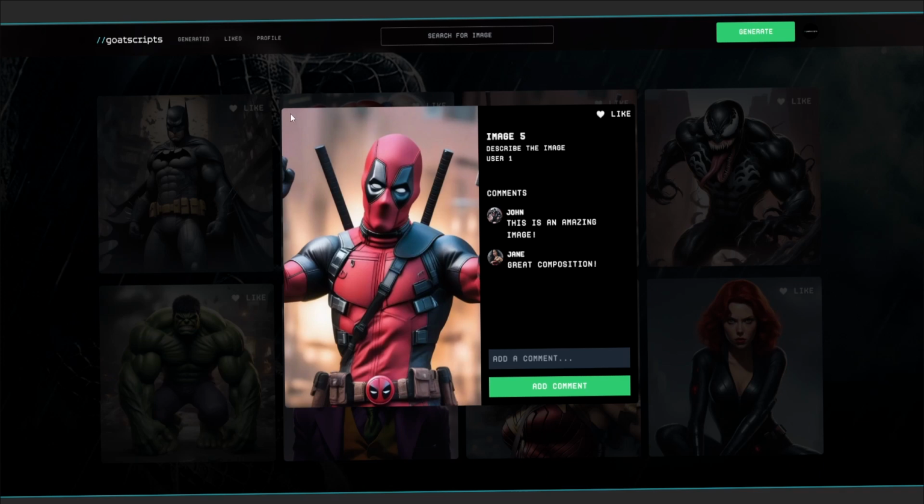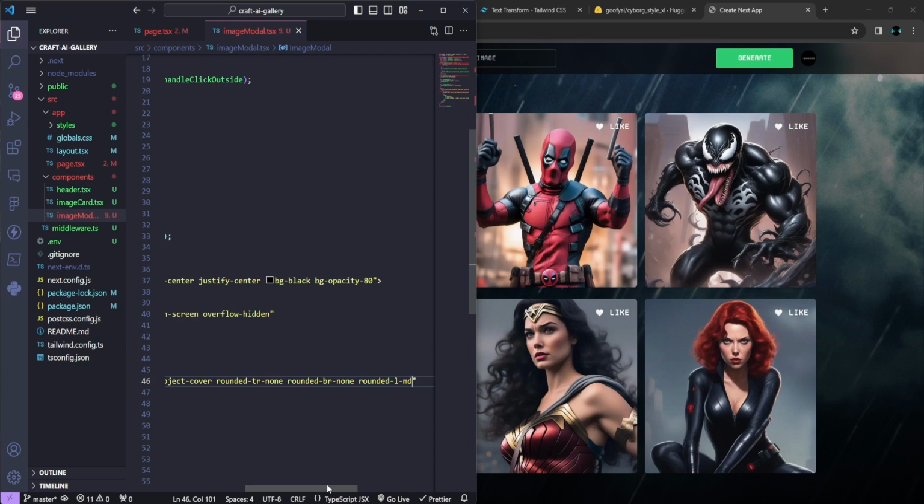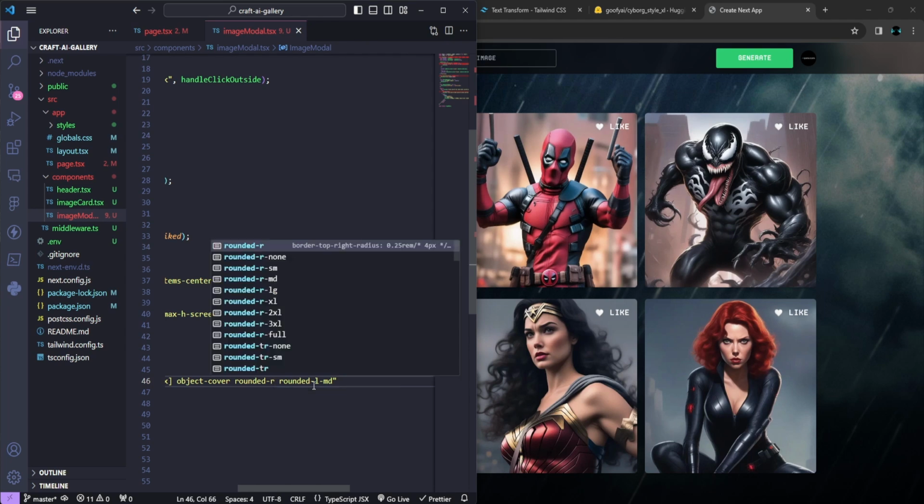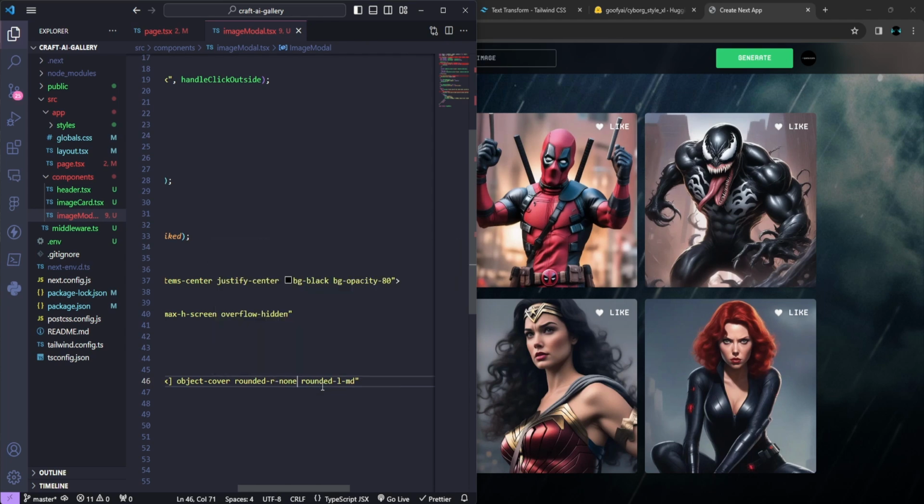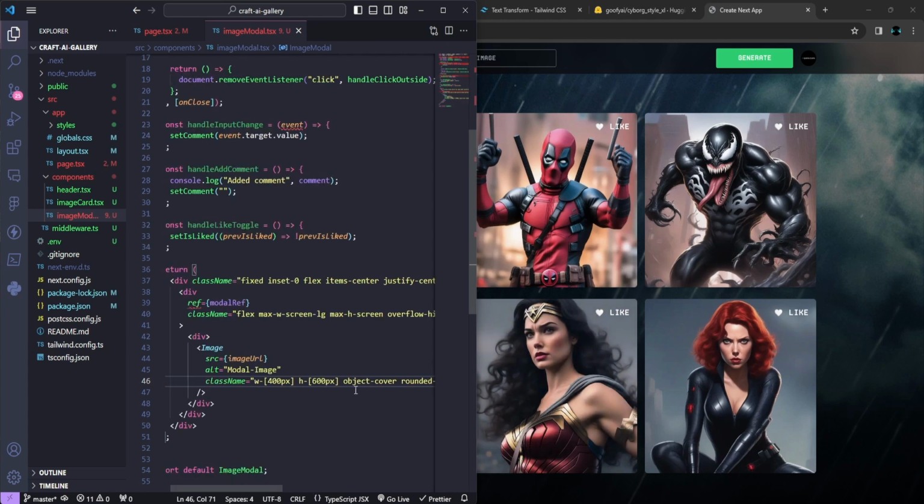You can see the rounding top left and bottom left are rounded, but here we don't need it, so that's why I do the top right and bottom right none. So actually we can do the rounded right none. So let's delete this like this. So right side none, left side MD. Okay,